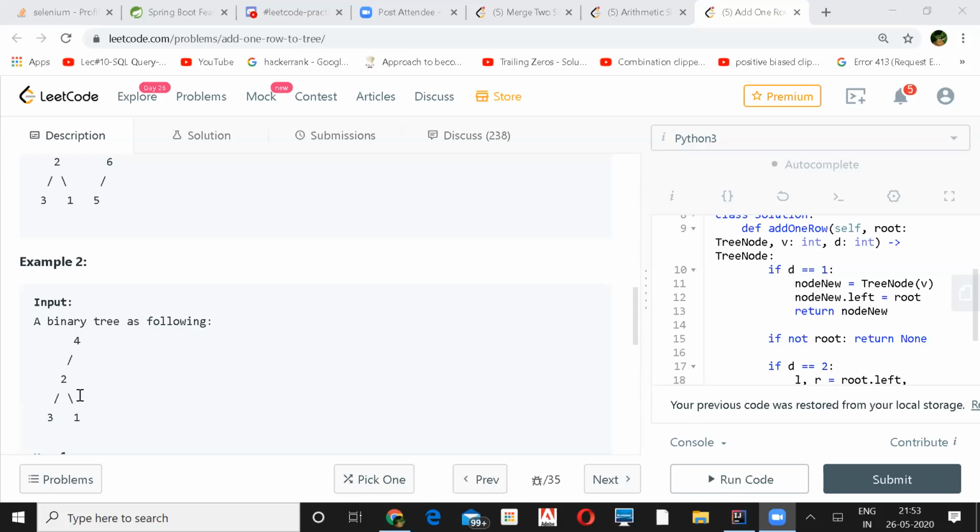So you are going to put all of your whatever the value 1 and attach after 3 and 1, the leaf nodes. So in that case, you will have to create a left and right child for both of them. So that is one way it's not very clear in the problem statement.